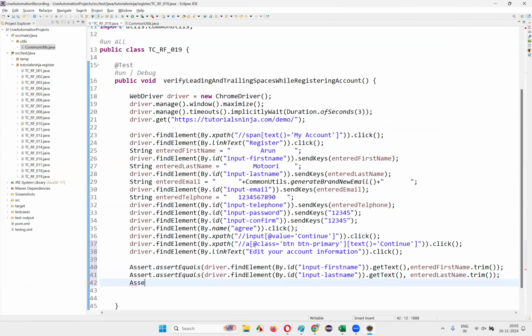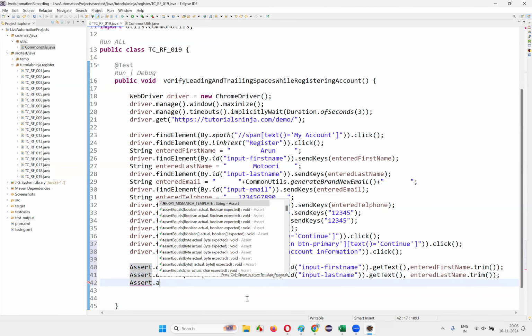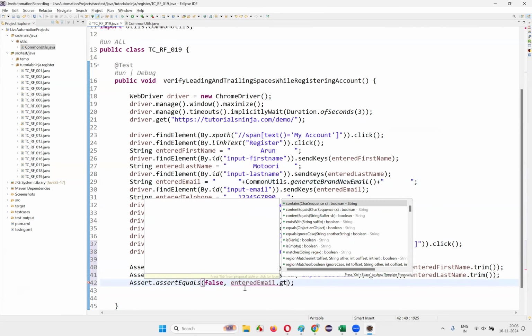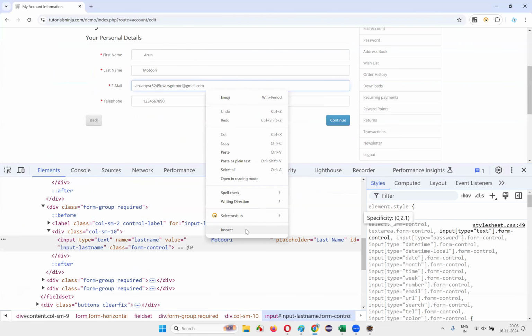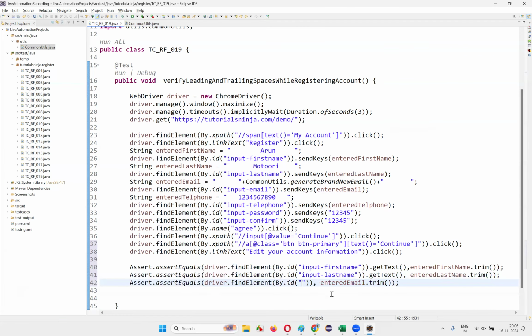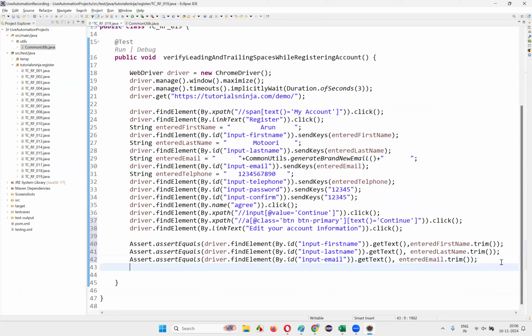So next one, assertEquals again, put a semicolon here, and provide the entered email here and say trim method of the String class in Java, which will remove the leading and trailing spaces. Here write driver.findElement(By.id(...)), provide the ID locator of the email field. Inspect this email field here, where input-email ID is there. Copy that and provide that here, and say .getText(). Once that is also done,